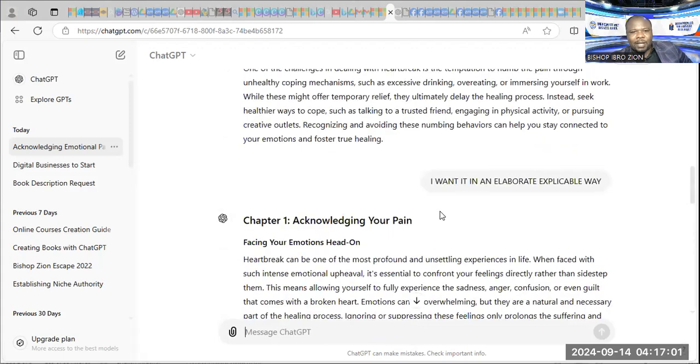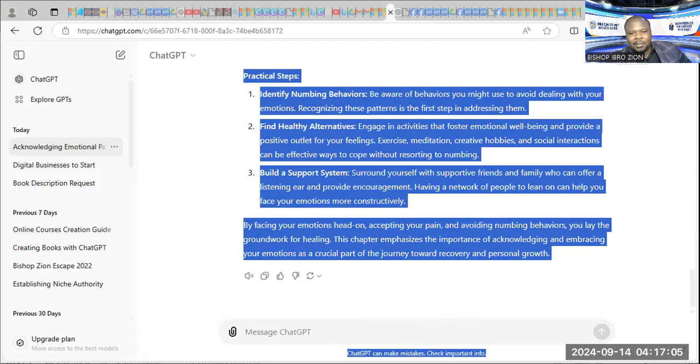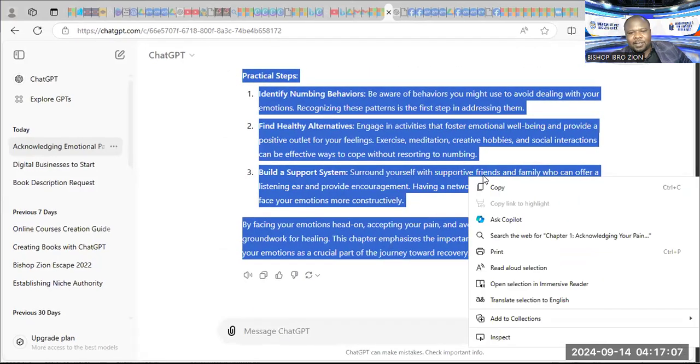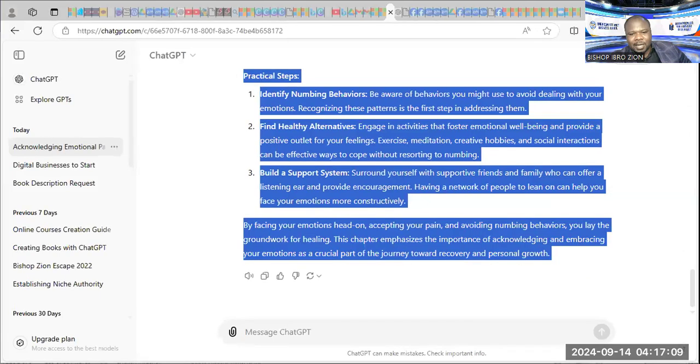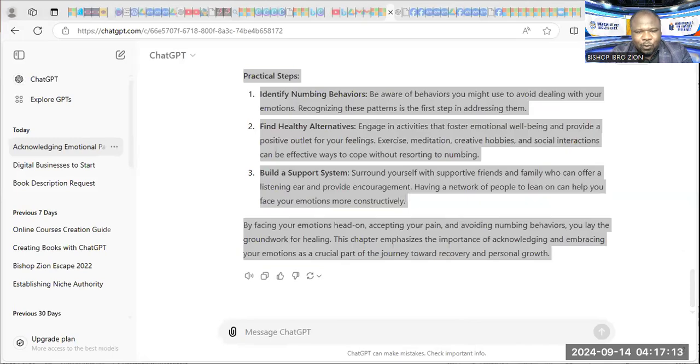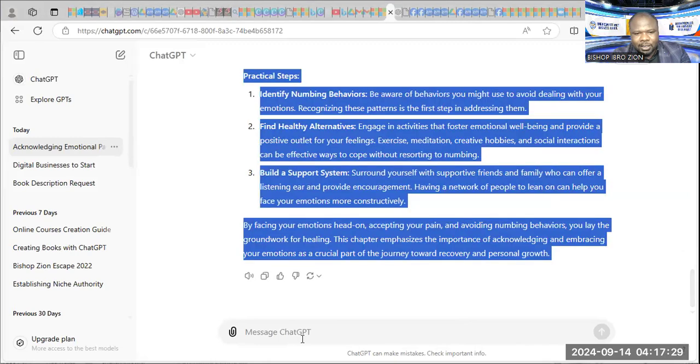So this is all right for a chapter. You copy it, and paste in your document. That's how you keep going. Once you drop it, you tell it, page break, so that it will go to a new page. Then you go and say